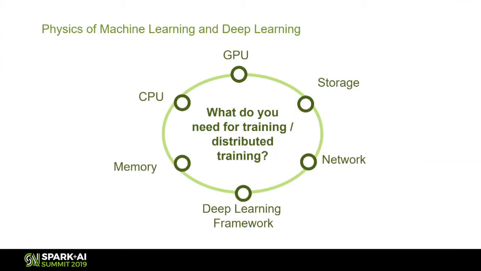So that wraps up everything we have talked about. When it comes to infrastructure, there are so many elements that are involved. It is important to understand what role they play to get the best out of these different infrastructure components, so that your deep learning and distributed deep learning is effective. And it's even more important when you reuse the same cluster for big data processing also. I hope this talk was useful and gave you insights into different factors to consider.